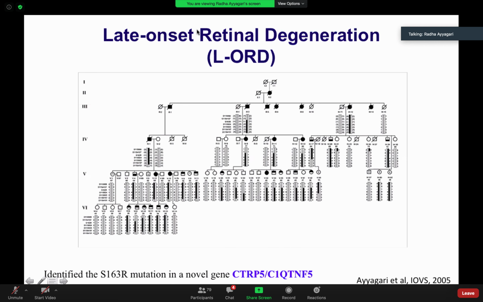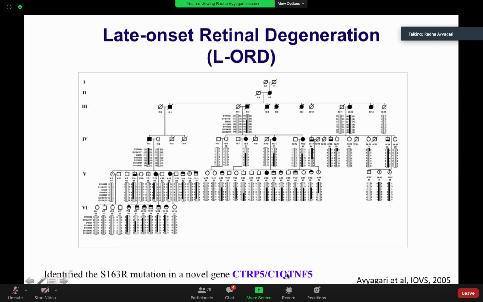So this is the pedigree. Initially, actually, before I got to Michigan, Dr. Sieving and colleagues had recruited these patients, analyzed them clinically, and collected blood samples. We collaborated and analyzed the genetic basis of disease in this pedigree. Initially, we carried out linkage analysis and, eventually using various methodologies, identified a S163R mutation in the